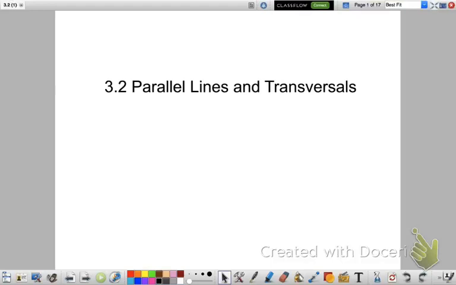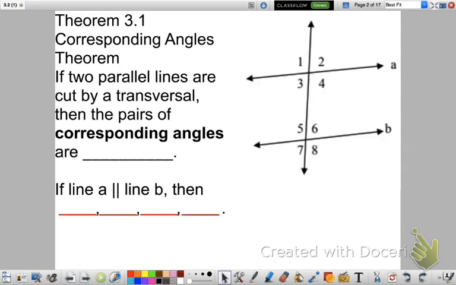So today we are going to cover section 3.2. This covers parallel lines and transversals. This is a continuation from 3.1. In 3.1 we talked about corresponding angles. So you should already know that 1 and 5, 2 and 6, 3 and 7, 4 and 8 are corresponding